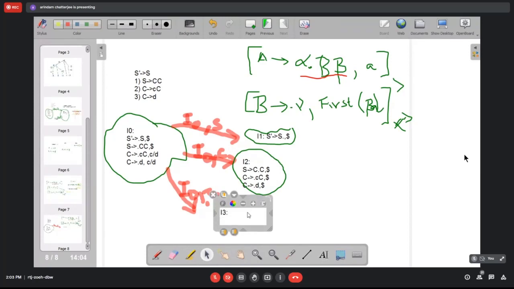I3 is capital C producing small c dot capital C, comma c, comma d. There is nothing wrong here, but we have to close on capital C, which is small c capital C, comma something, and C producing dot d, comma something. Now the question is, what would be the look ahead symbol?